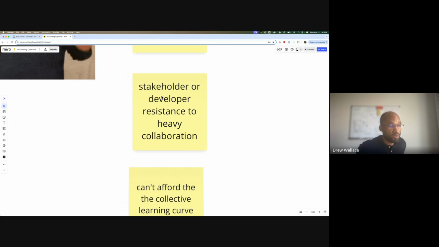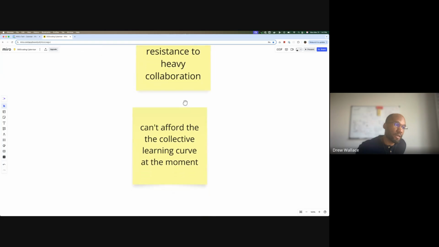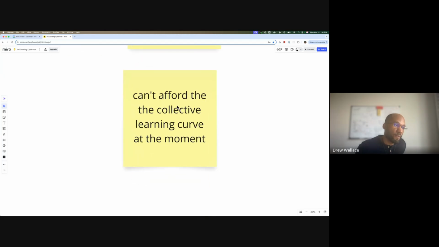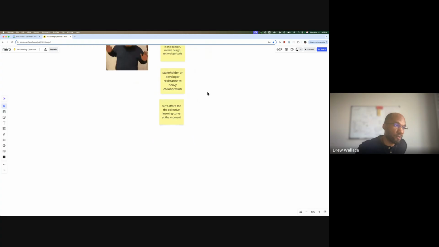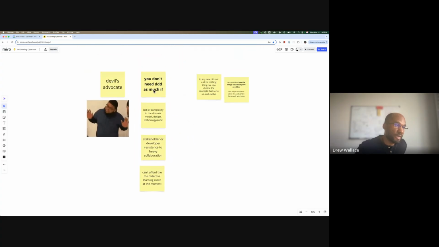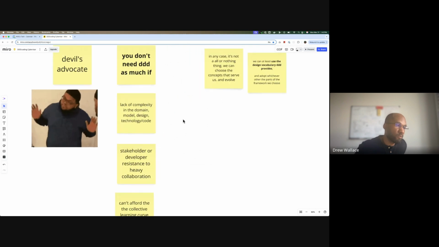If there's resistance to that heavy collaboration I keep talking about, for whatever reason, right? It might have valid reasons. We might want to hold off because it takes a lot of collaboration. And there's a learning curve, right? This is an example of that right now. We had 45 minutes of going over foundational definitions. This is a part of that learning curve. So if we can't afford that, then we might not need